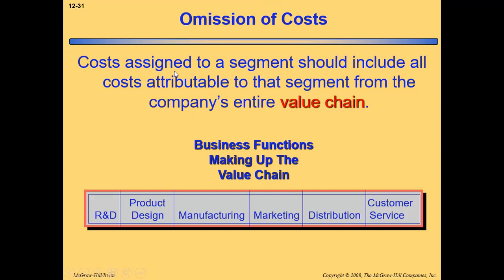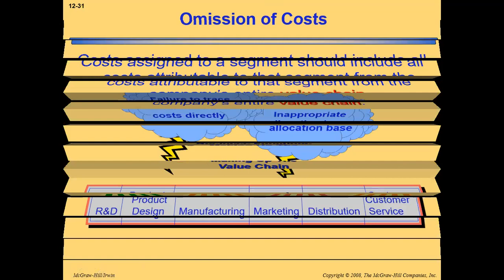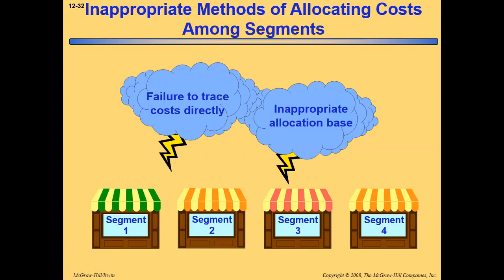Omission of cost assigned to a segment should include all costs attributable to the segment from the company's entire value chain. Okay, so whenever we allocate a cost among different segments, we have to allocate it properly, otherwise it will be miscalculated, maybe a profitable segment becomes an unprofitable segment, or an unprofitable segment can